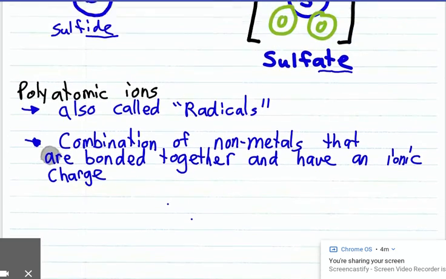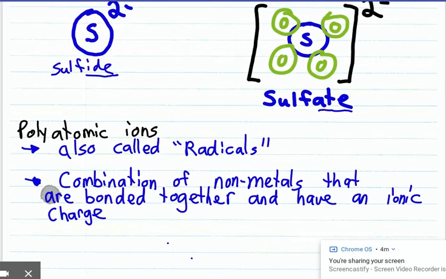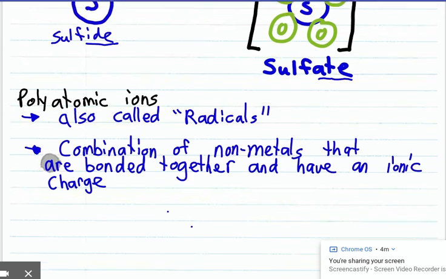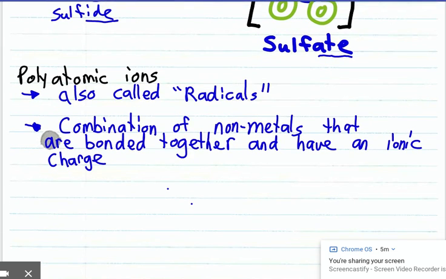Now, the important thing to note here is that the ratio of the nonmetals bonded together always stays the same. So this sulfate ion up here is always 1 sulfur and 4 oxygens. That's really important to remember, that the ratio of the atoms bonded together